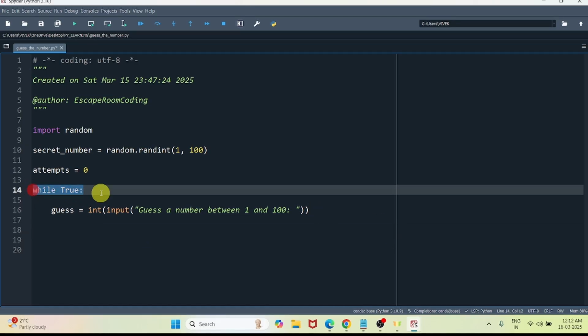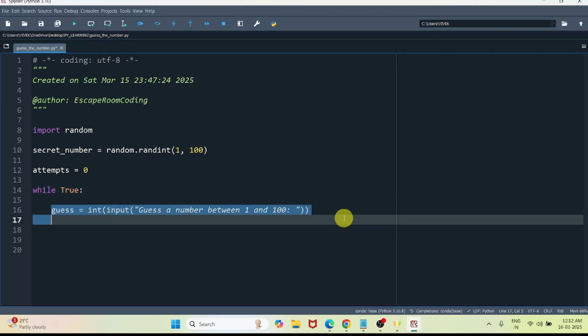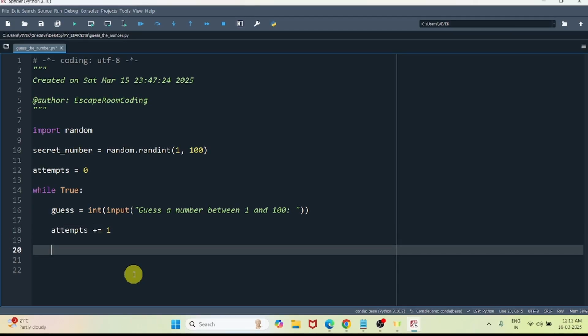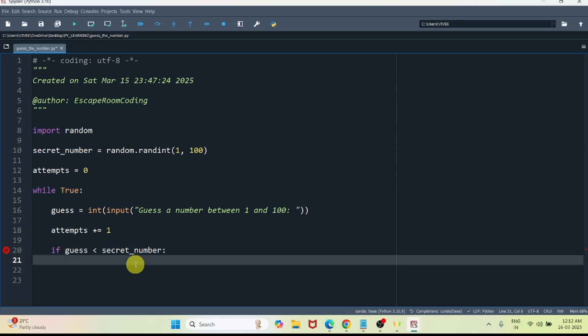When the loop starts, the system will ask for an input. We will increase the attempts by 1, so this is the user's first attempt. Now we'll validate the user's guess. To do that, we will use an elif condition. If guess is less than the secret number,